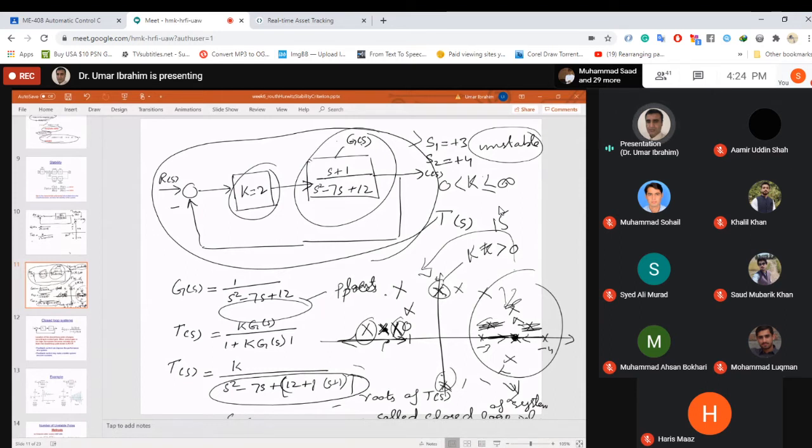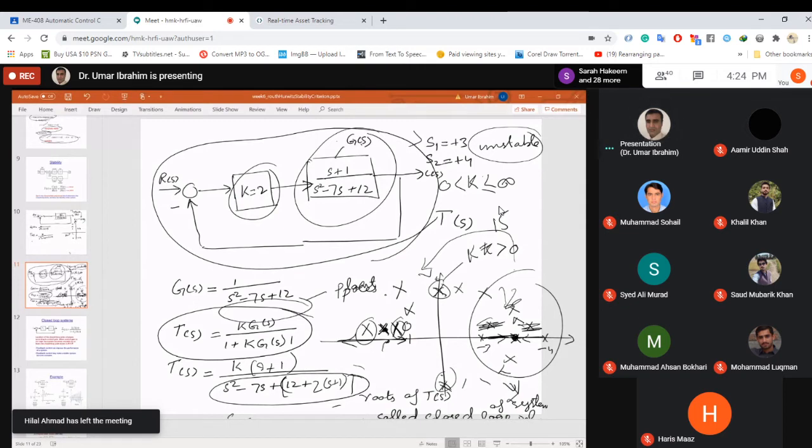Now that means that you can answer this question, that for K is equal to 5, for K is equal to 2, whether the system is stable or unstable. You can answer this question, because what you will do, you will find out the closed loop transfer function, and then you put the value of K in that denominator, and you find the roots of this denominator polynomial, and by looking at the roots, you can find out whether the system is stable or unstable for that value